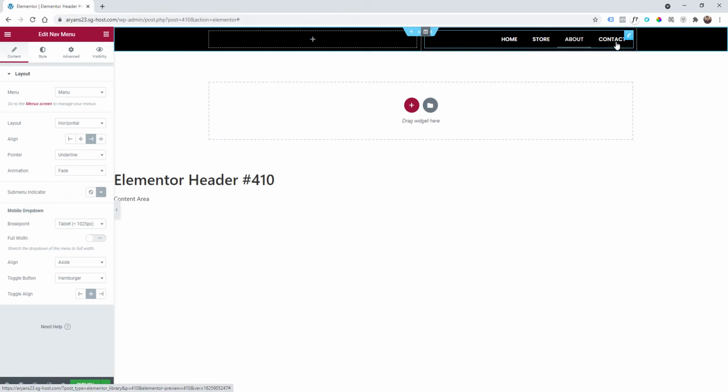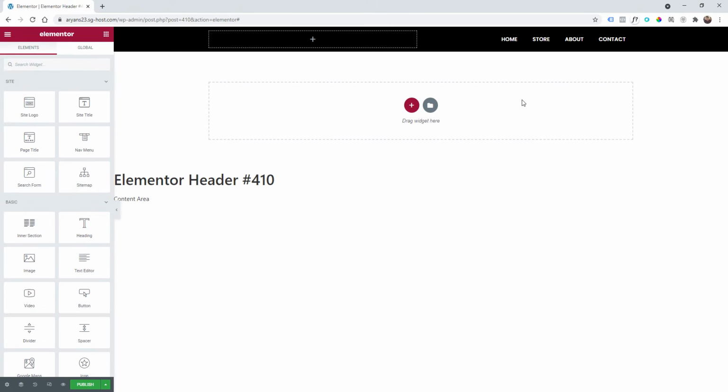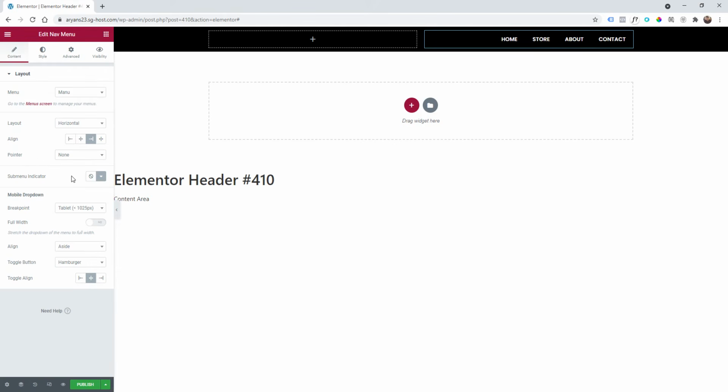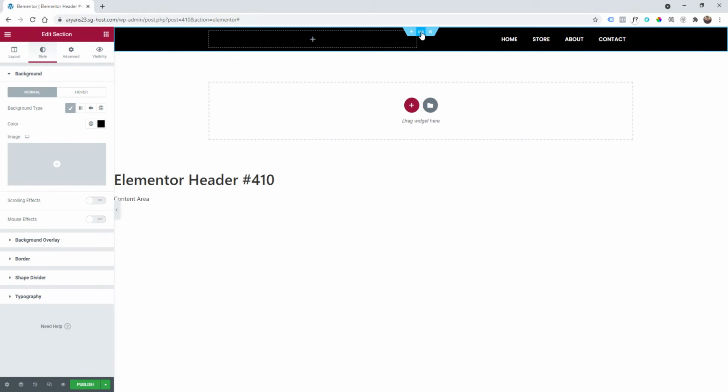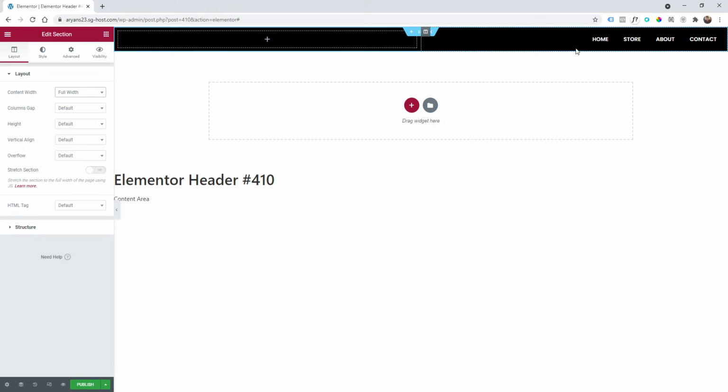So align on the right side, and let's see the preview, clicking on this little arrow, and yeah, looks cool. I want to remove this line underneath, so I'm going to edit this again. I'm going to remove the underline. Great, so with the mouse over there is no underline, and I'm also going to make this full width. So I'm clicking on this section here, and I'm going to layout, content width, full width, and as you can see now it's taking all the desktop